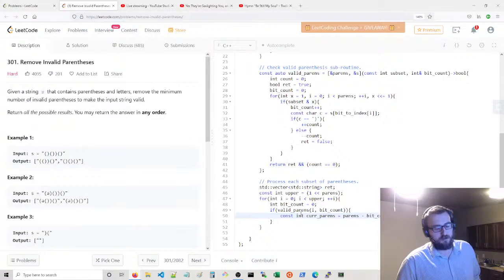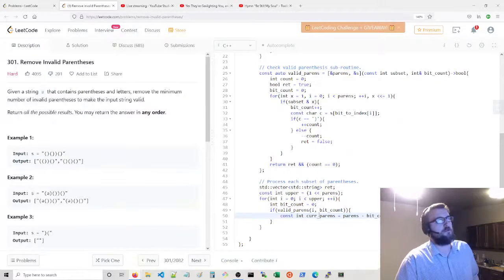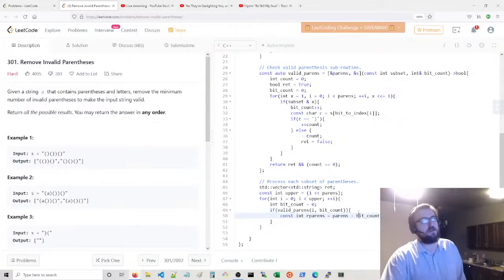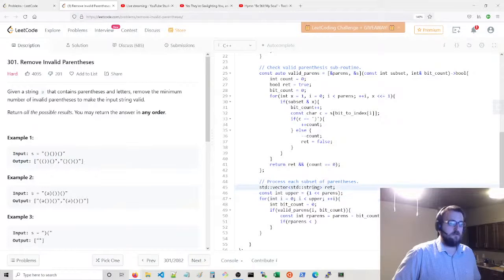What's interesting about that is we remove the minimum number. So the removed parentheses is the difference, right? Because the bit count plus the removed parentheses is going to be equal to the total number of parentheses. So that's r parens. Now we say if r parens is less than